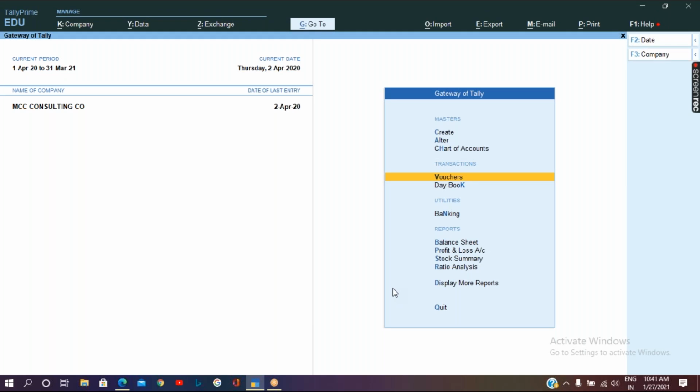Hope everyone is able to see my screen. Please type yes if you are able to see my screen. Good. So now please check which option is required. Please check which option we can try so that we can get the required report.